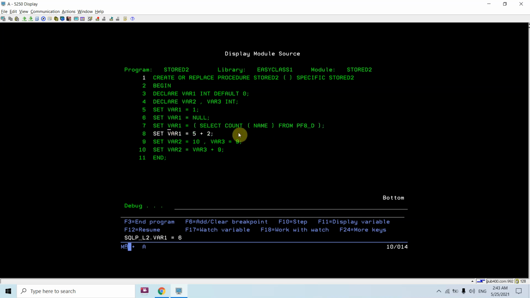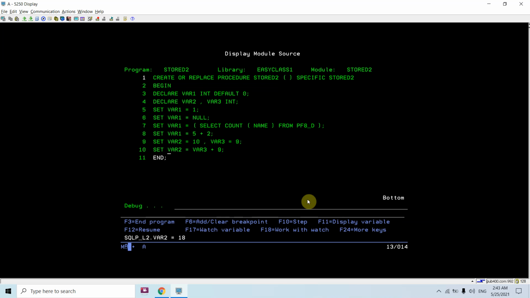So var1 now becomes 6 because the count of the records in pf8_d is 6. 5 plus 2 is 7, that's correct. var2 is null and var3 is null. Now after this, var2 is 10 and var3 is 9, so that's correct. And var2 equals var3 plus 9, 9 plus 9 is 18. So that's how you can see that the SET statement works.